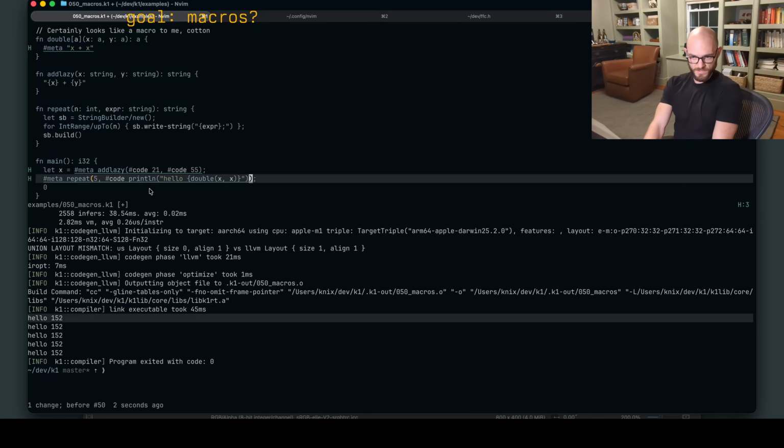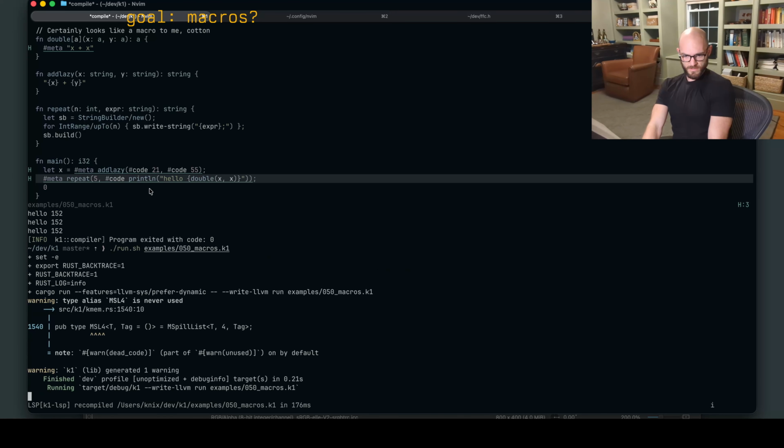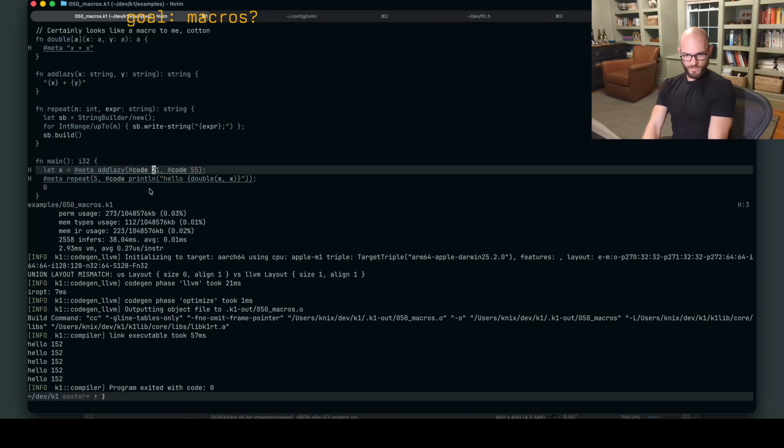We run this function at compile time with 5. It produces the string. And this works. (21 plus 55), or 2 times 21 plus 55.